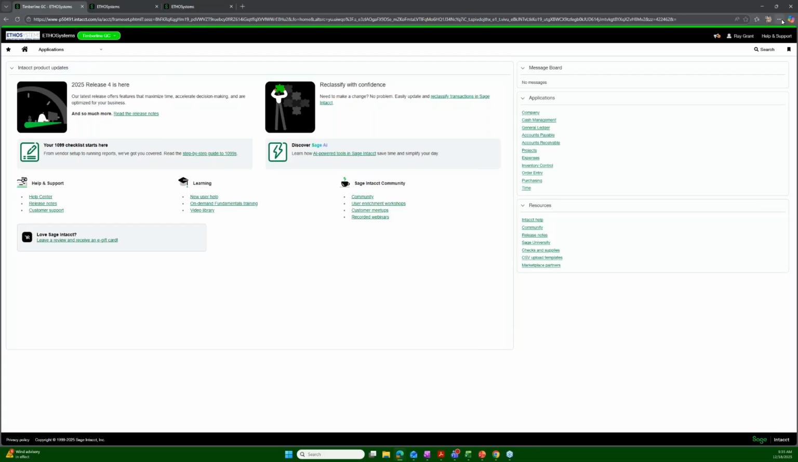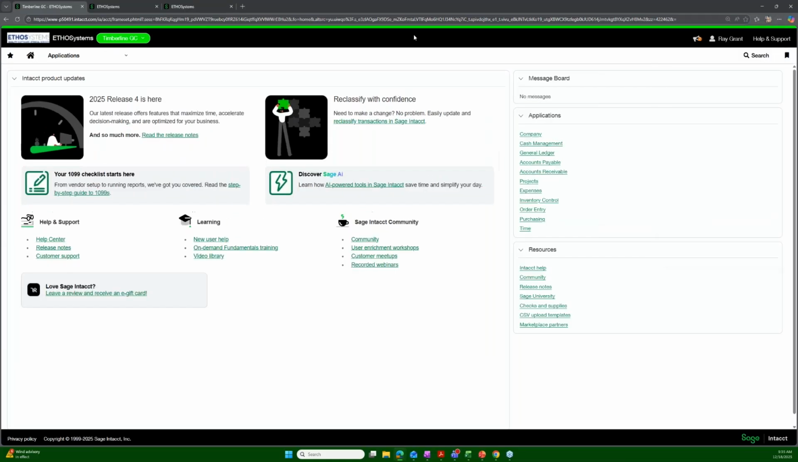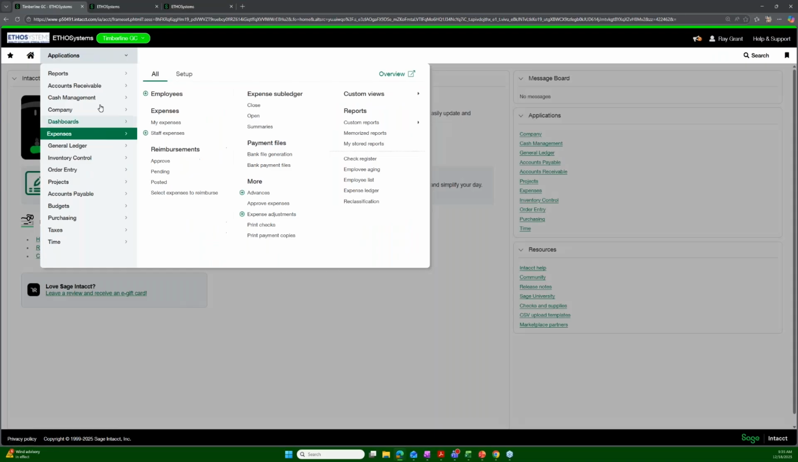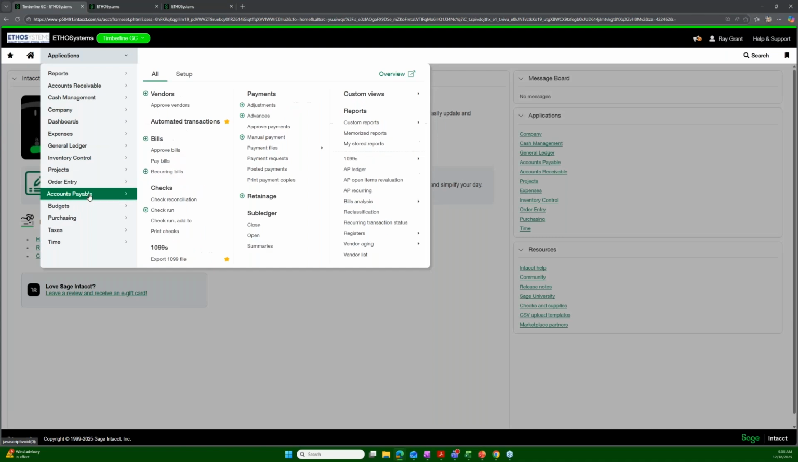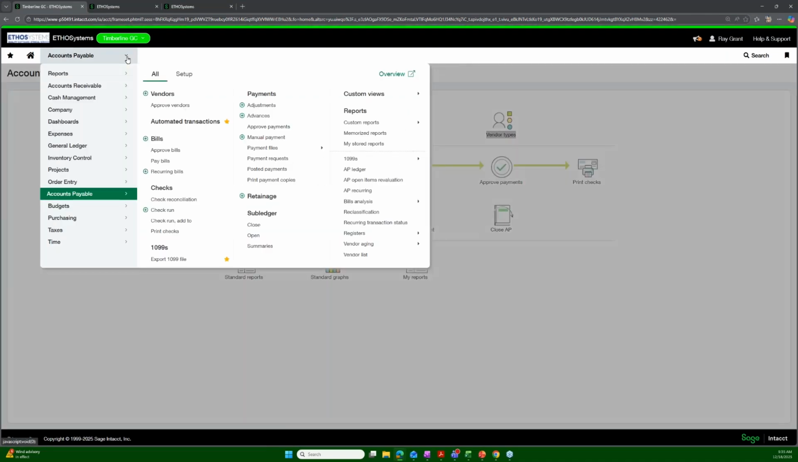Now let me blow this up a little bit because I feel like it's a little bit small for us to see. Okay. And I'm going to show you. Okay. Let's just go into like AP. Oh, first, my mouse is going to act funky on me today. Okay. In AP, just like any other, like cash management, time or